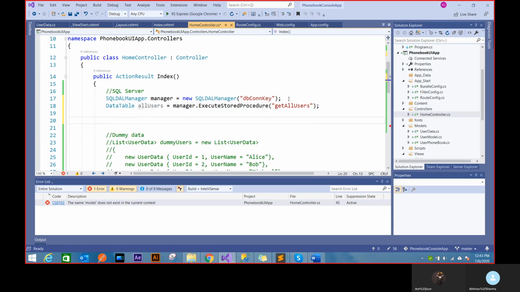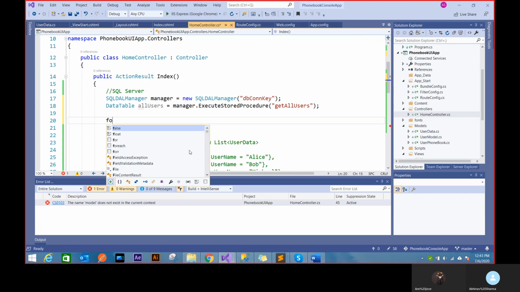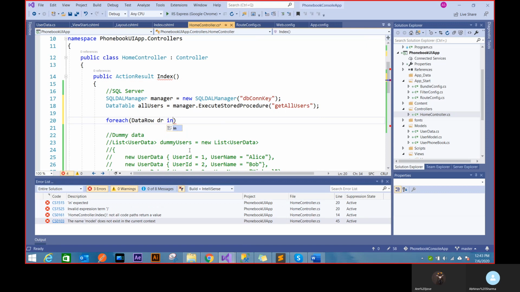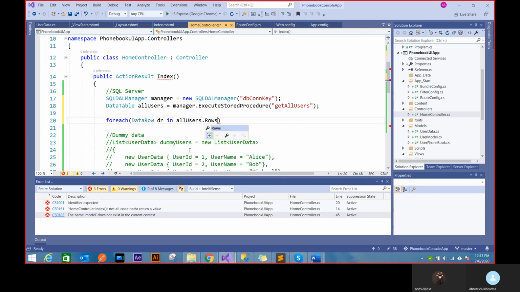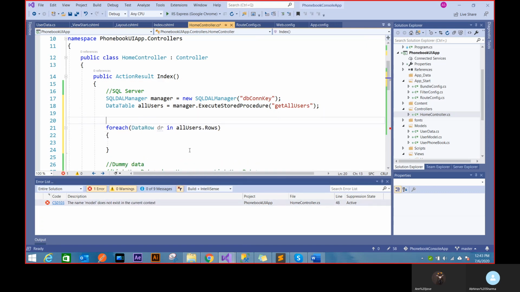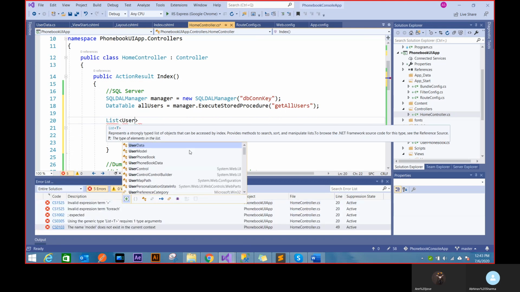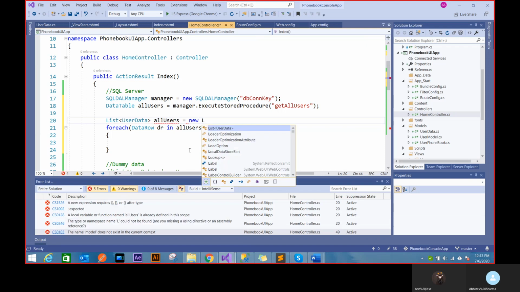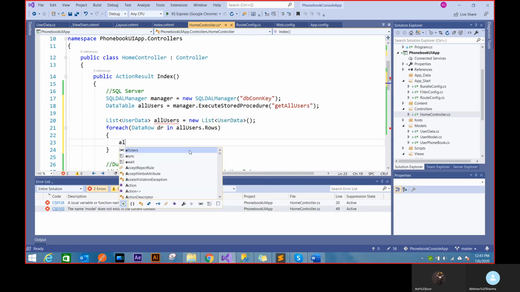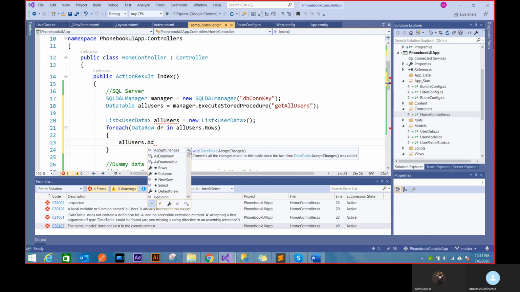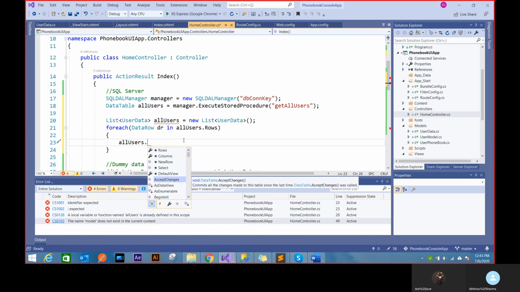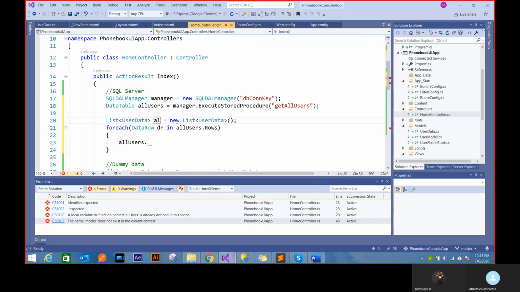Once I get that, I have to just create this list. That means I have to go through each data row dr in each of the rows. I'll first create a list, because I can't really create a dynamic kind of thing. So I'll create a blank list first, and let's change the name to users list, and I'll just add it one by one.